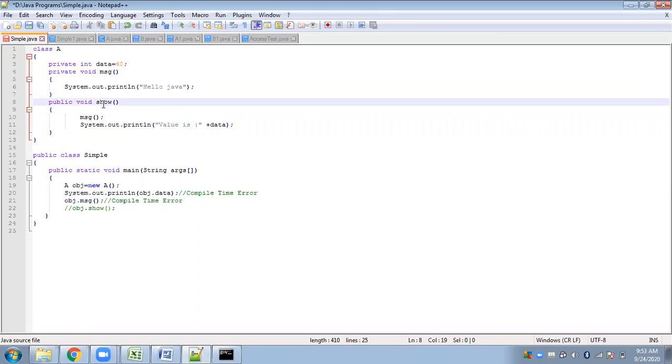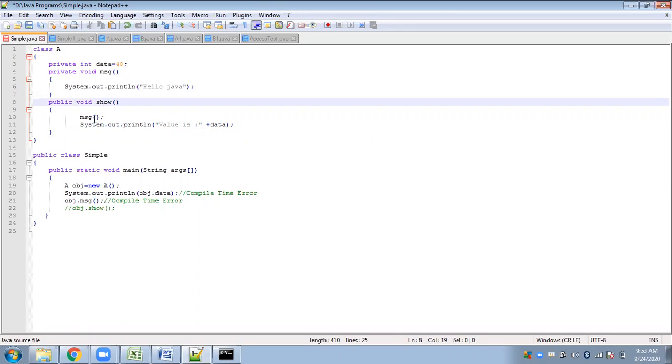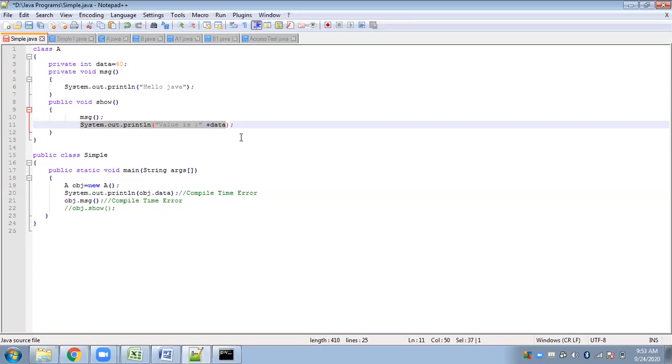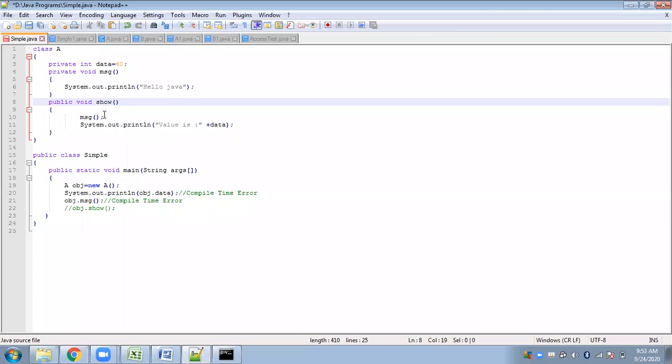This is one method from the same class that we have declared as public. Inside this method, we first invoke the message method, and then we display the value of the data. So using this method, we access the private data and method of the same class.